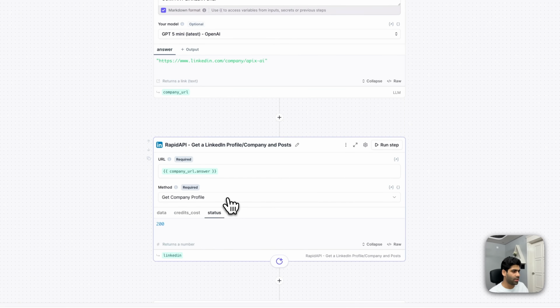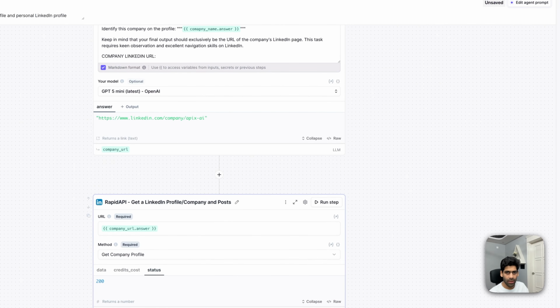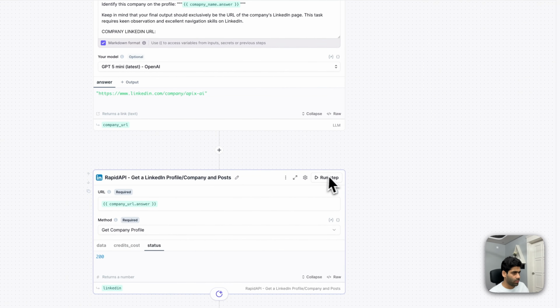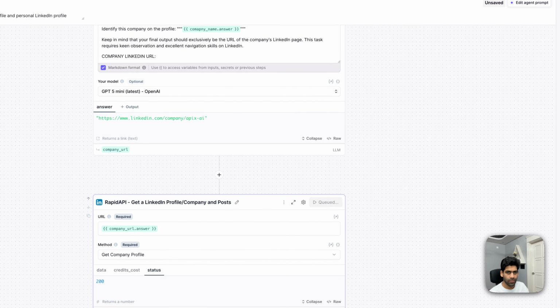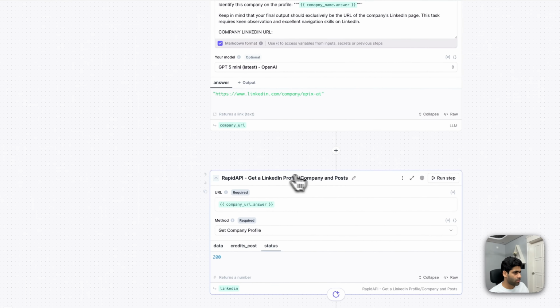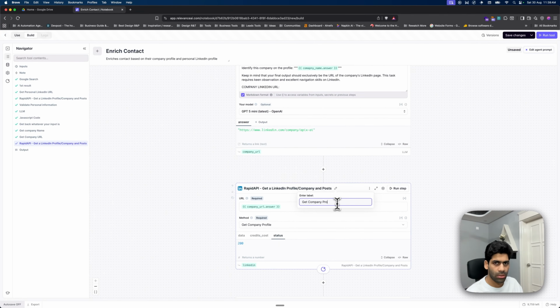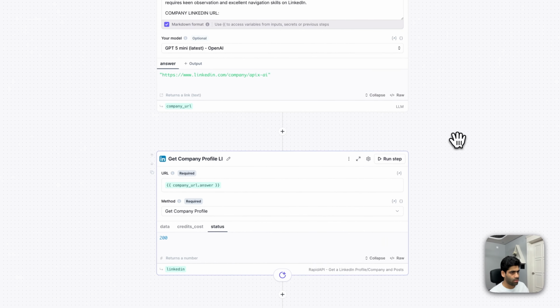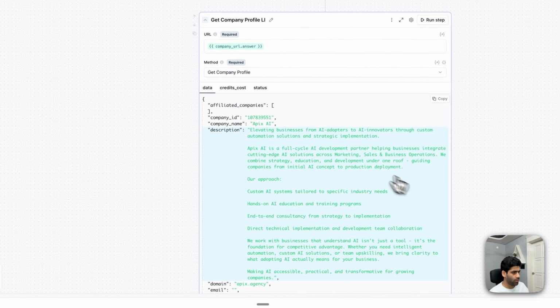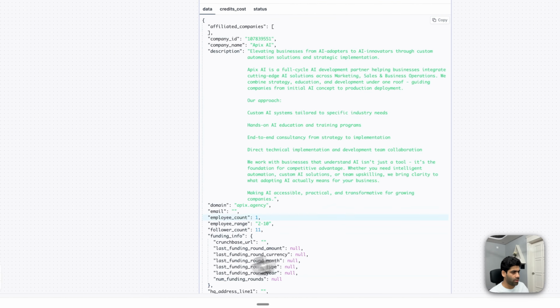We'll call it get company profile, and we'll run this step. We'll rename this step. Yeah. So now we have been able to get the company data, and from this company data, we are going